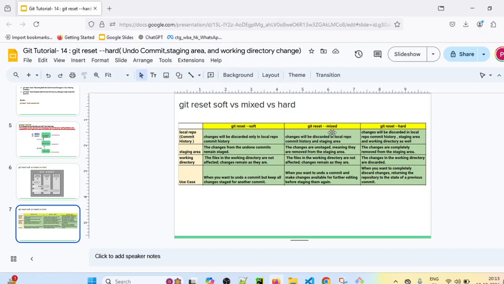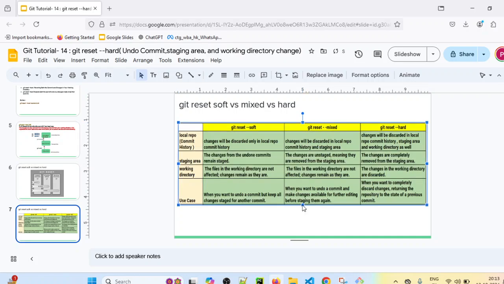When you use mixed mode, that is the default mode, the changes are unstaged. Basically that commit will be revoked and the staged changes also will be unstaged, meaning they are removed from the staging area as well. And in hard mode, the changes will be completely removed from staging area as well.